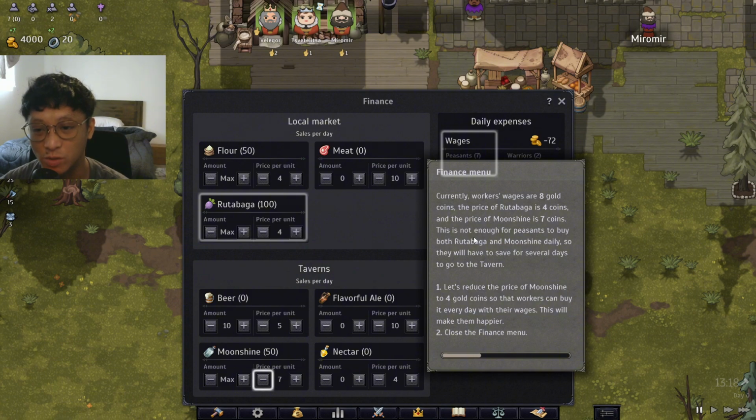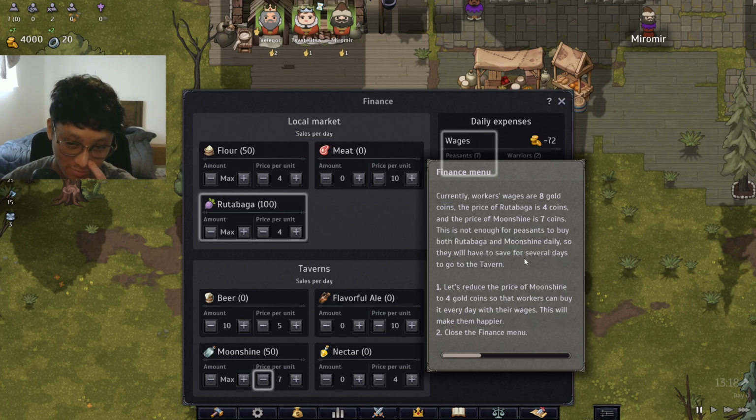They need to be in debt to us forever, or else they're just going to find some other lord, lady, and smart son to work for. Currently, workers' wages are 8 gold coins. The price of rutabaga is 4, and the price of moonshine is 7. Well, there's the debt. There's not enough for peasants to buy both rutabaga and moonshine daily. So they will need to save for several days to go to the tavern. Well, maybe we don't want them drunk every night. Maybe we do want them in debt. I mean, they're gonna just...